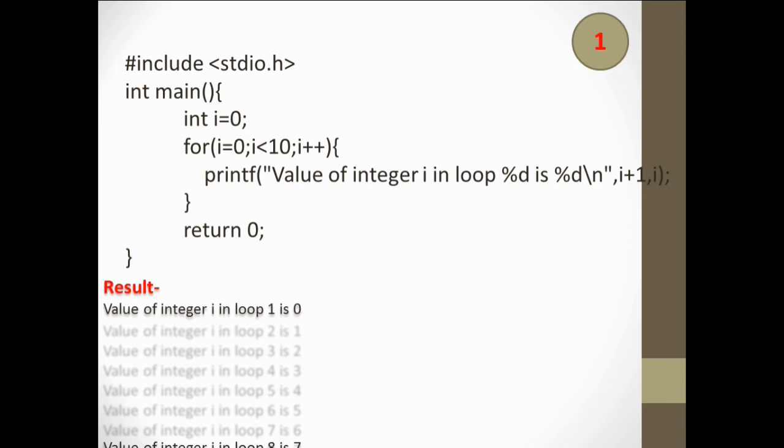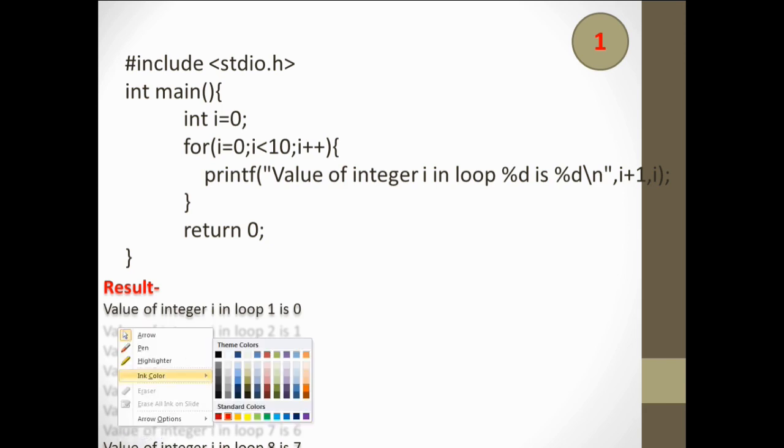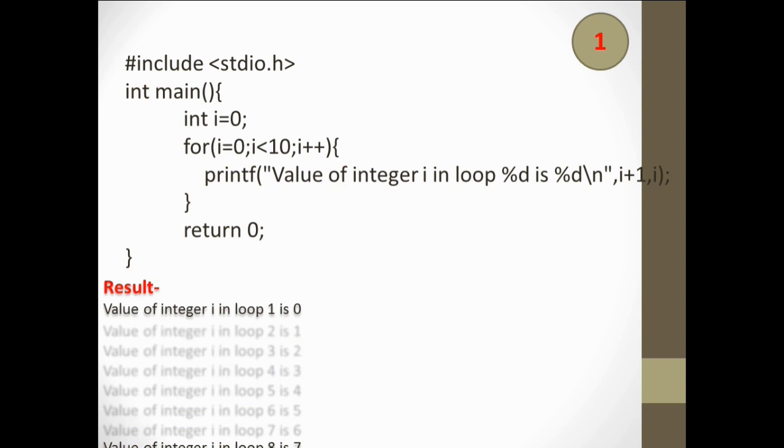After printing this statement, we go to the increment statement and increment the value of I by 1. The value of I was 0, and now we are incrementing it by 1.